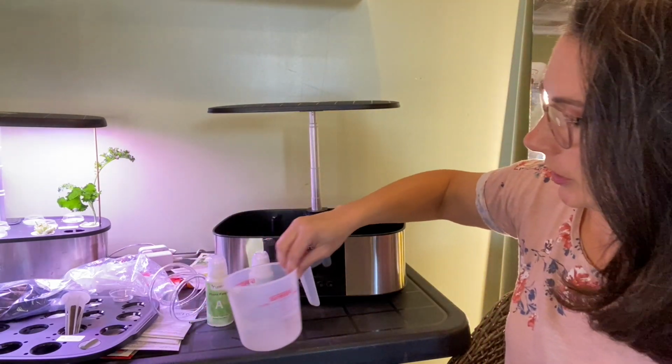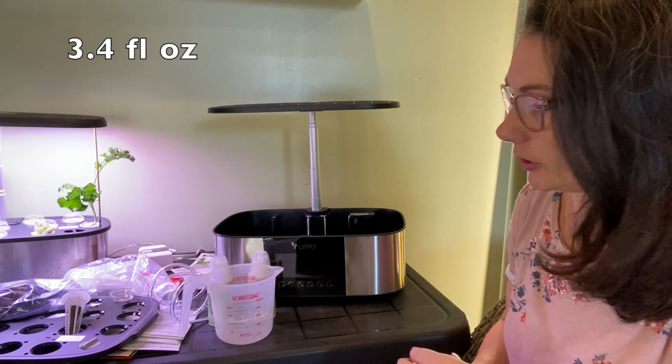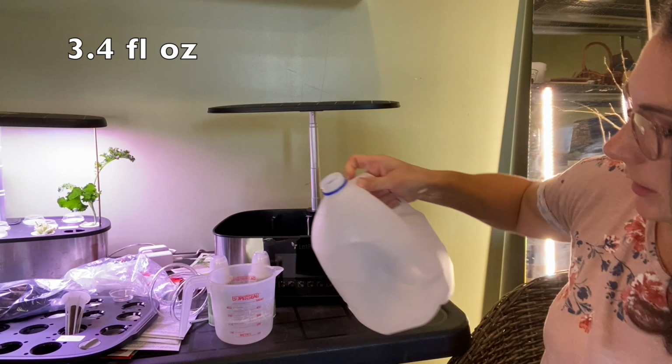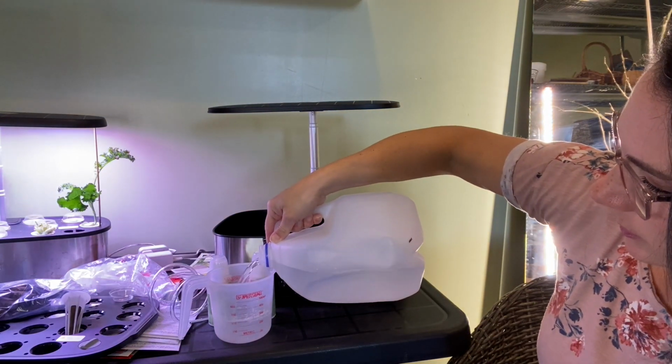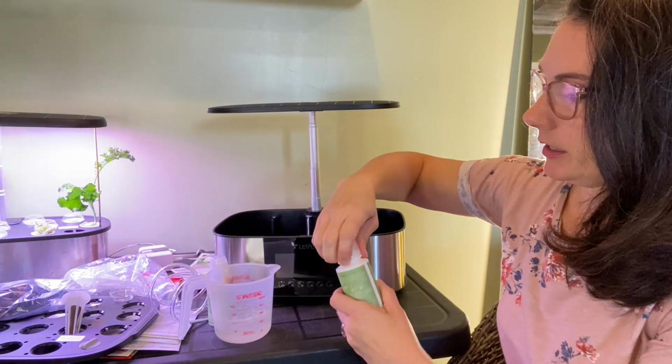So to mix the nutrients, you need 100 milliliters of water. I'll try and do the conversion on the screen for you. It says 100 mils of pure water. I use distilled, that's what this is here. And then you just take